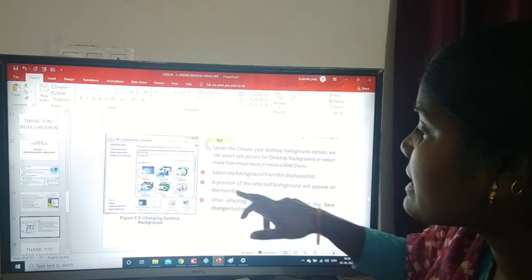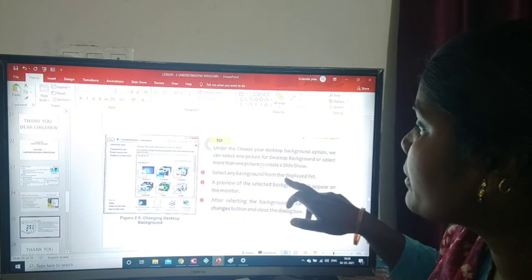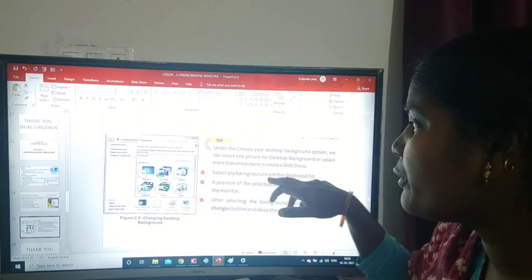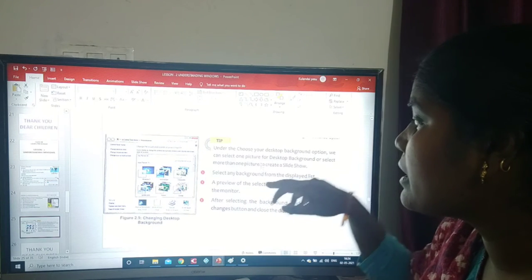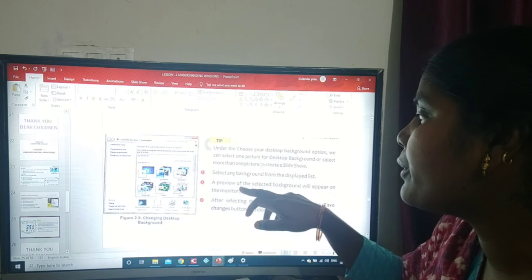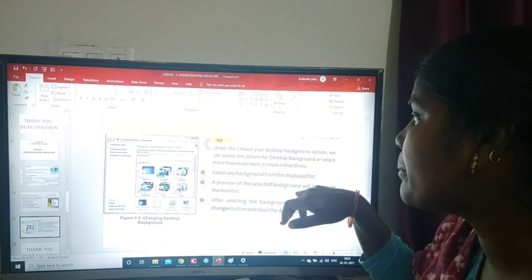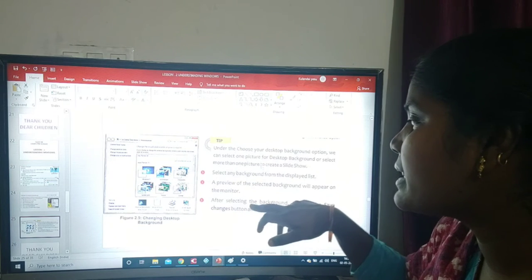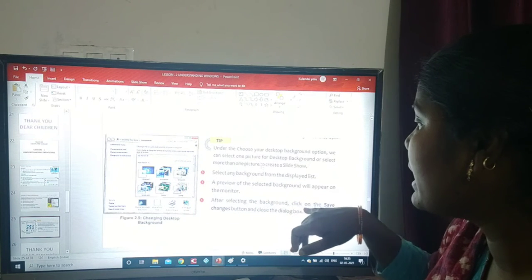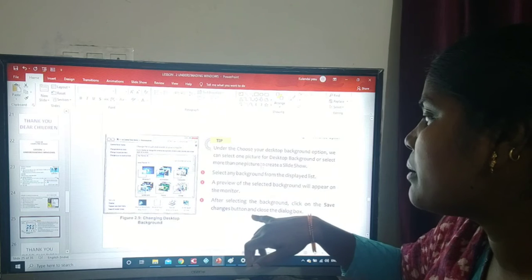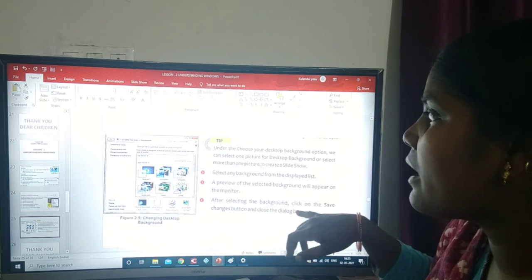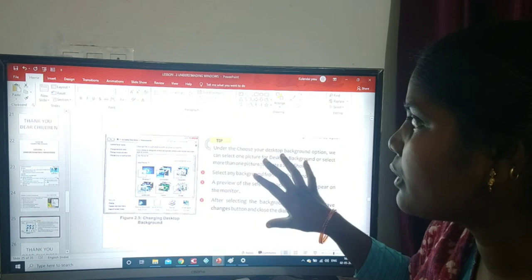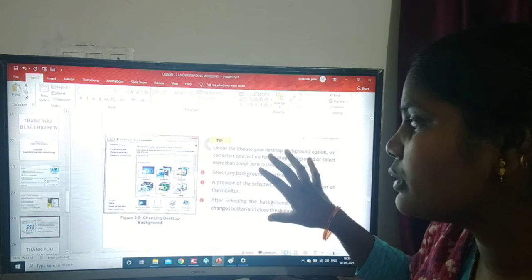Select any background from the displayed list. A preview of the selected background will appear on the monitor. After selecting the background, click on the Save Changes button and close the dialog box. That is what we are going to do now.